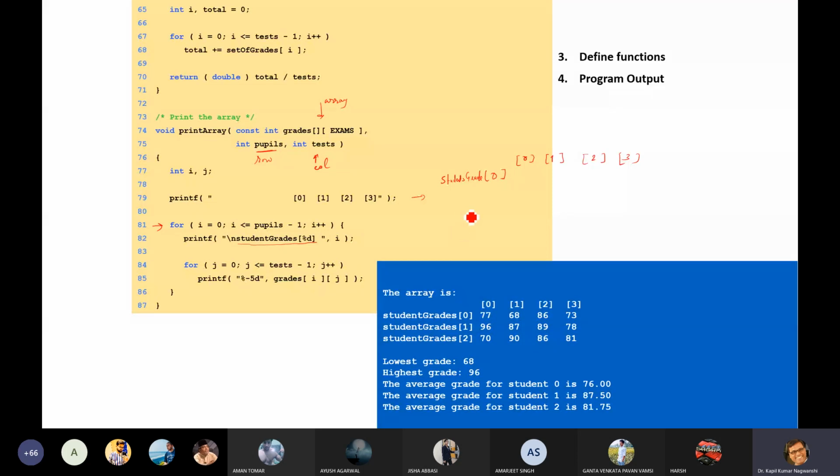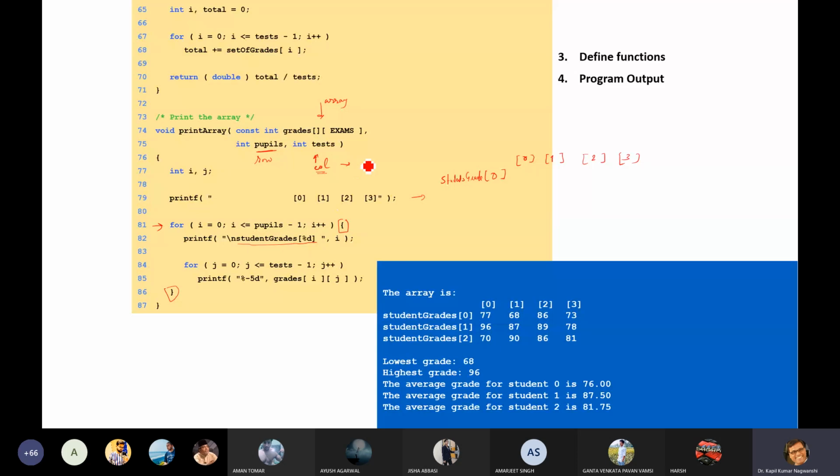So this is 0. And because this for loop is connected, it starts from here and ends here, so it will automatically use this statement also. Now it will start running from j equals 0, j is less than or equal to test - 1. So what is test? Column.